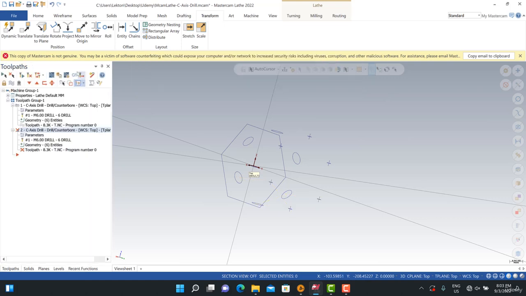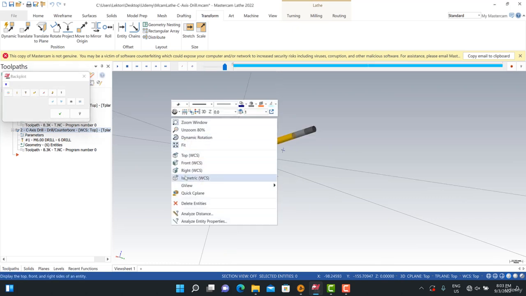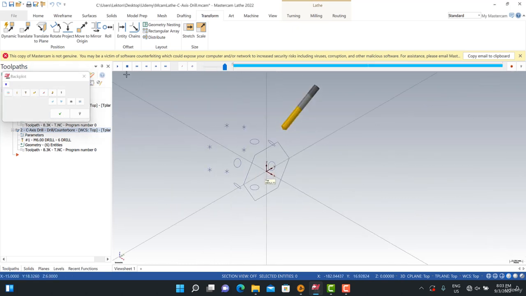And then we can click here and we calculate it. If you select all that stuff here with isometric perspective, you're gonna see all the drilling operations step by